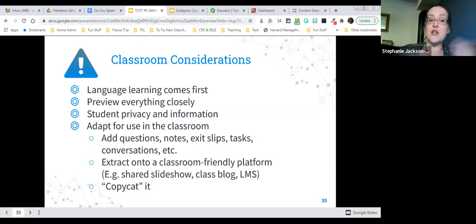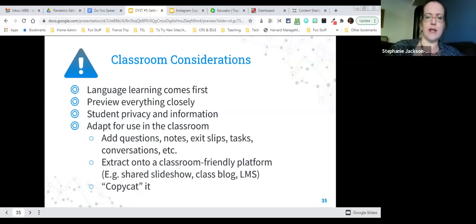Especially nowadays, our attention is being drawn to what we may have shared in the past that maybe wasn't super appropriate, so we need to be very cognizant of that. We want to make sure that we're not offending any of our students, any of their families, or anybody that might happen to stumble across this task that's not in your class. Just keeping that in mind.